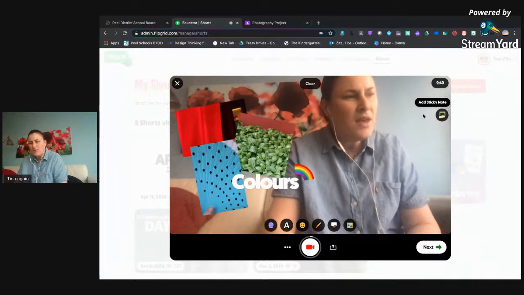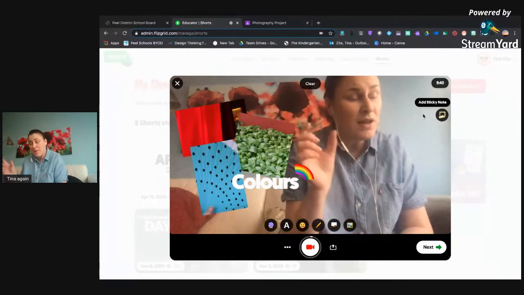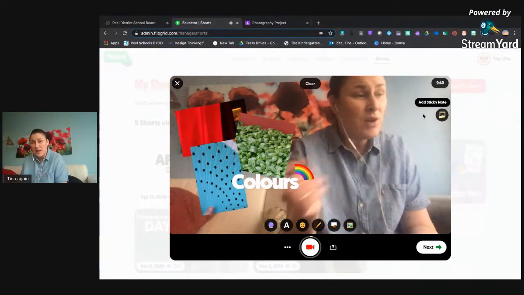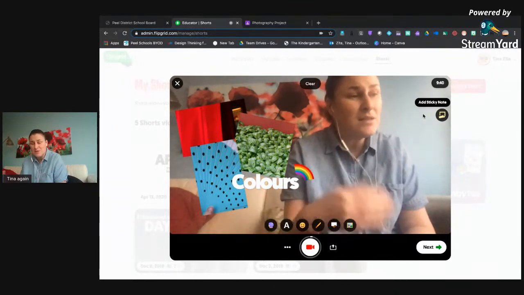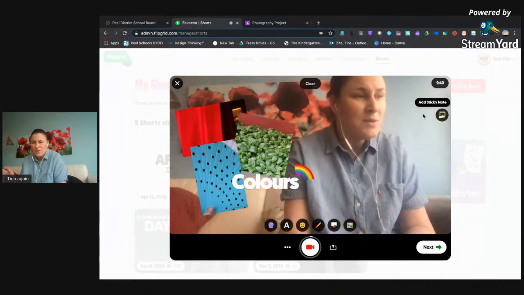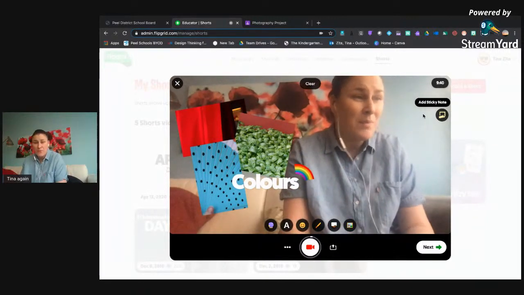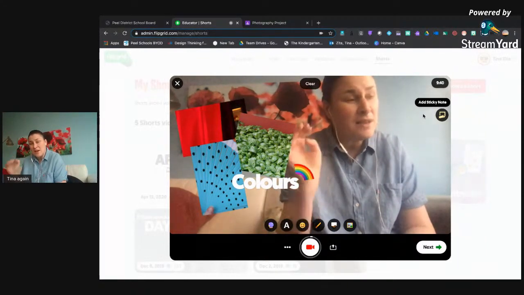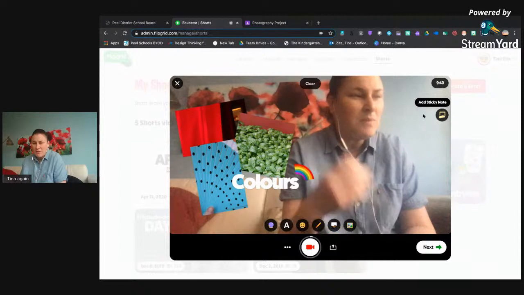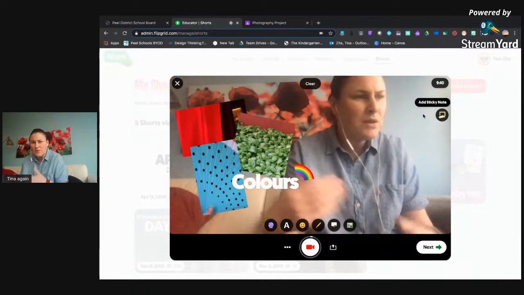So all of the Flipgrid Shorts, when we share at the end, they'll actually become a link. You can drop that link into anywhere. They'll push it to Google Classroom, to Teams, and to a variety of other platforms. But you just get a link and an embed code. So you literally can drop them anywhere if you wanted to. I love the fact that they let us download the clip. So that means you then have that movie file that you can do different things with as well. So it gives you a lot of freedom